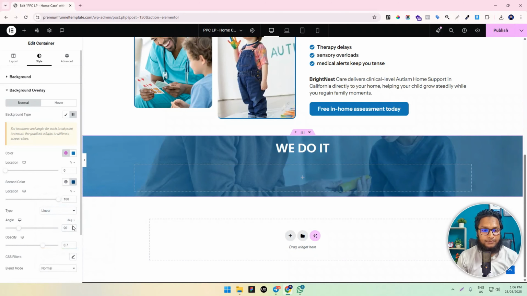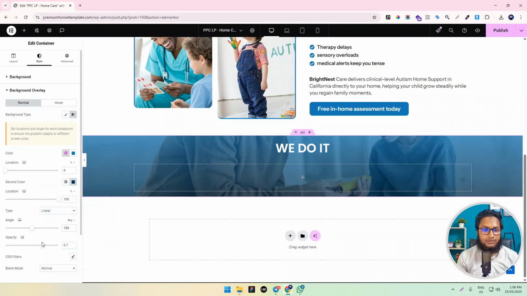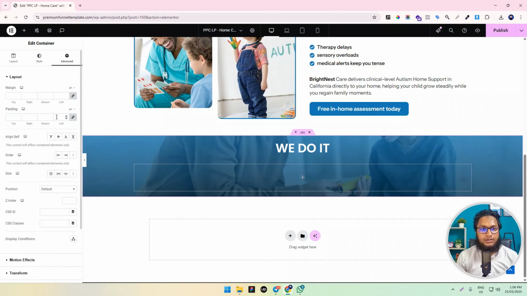Okay, yeah, this is perfect, like this. And let's increase the opacity a bit, 75, and give